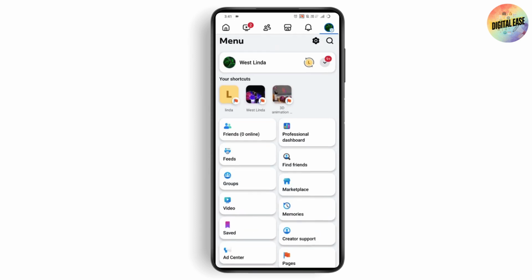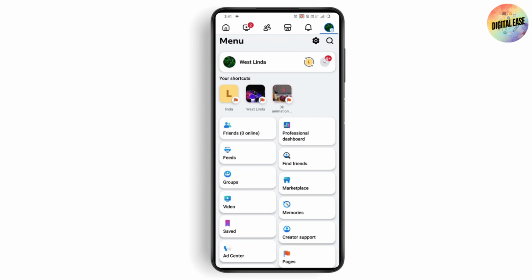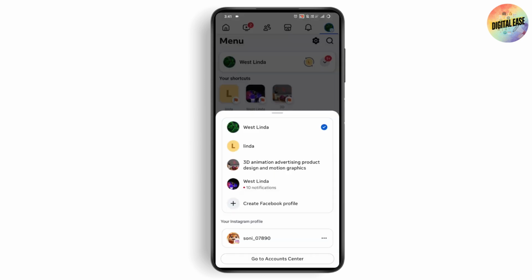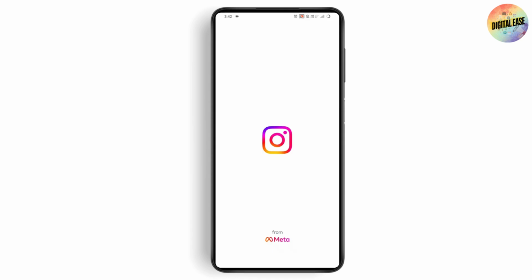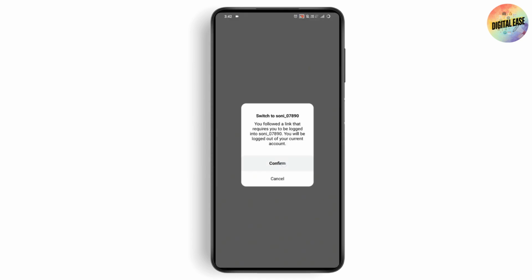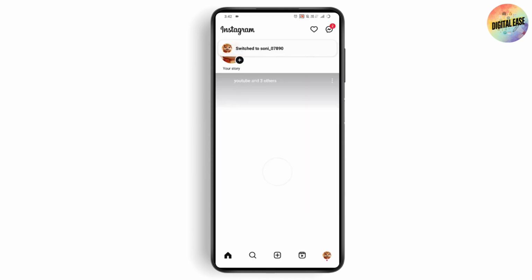But if that doesn't log in, then you can go with the drop down, which is on the top right. And here on the bottom, you will have your Instagram profile. So tap on your Instagram profile and open with the Instagram and tap on confirm. And that's it. That's how you can log into your Instagram if you forgot your password without email and phone